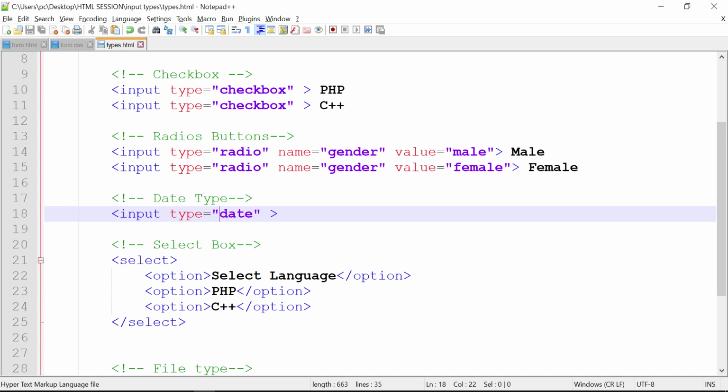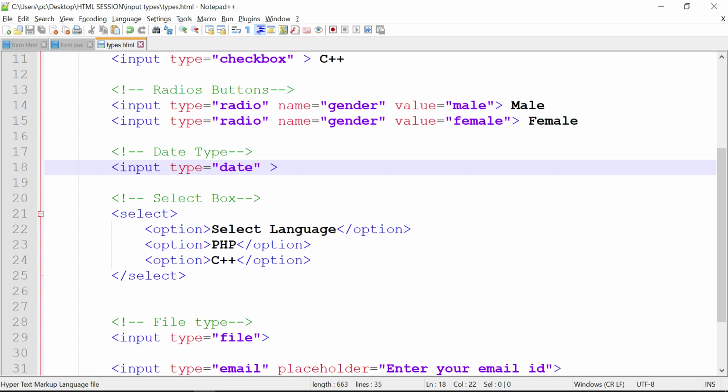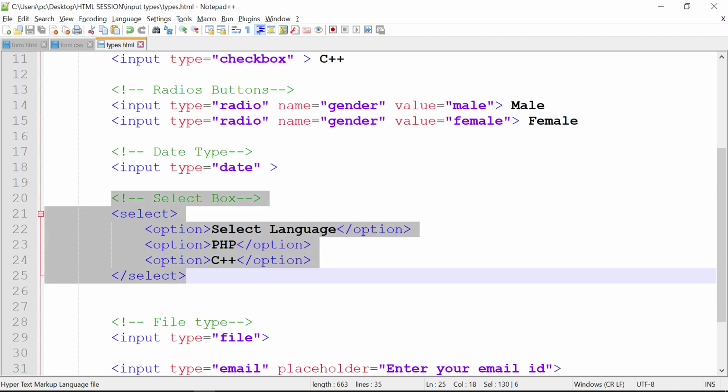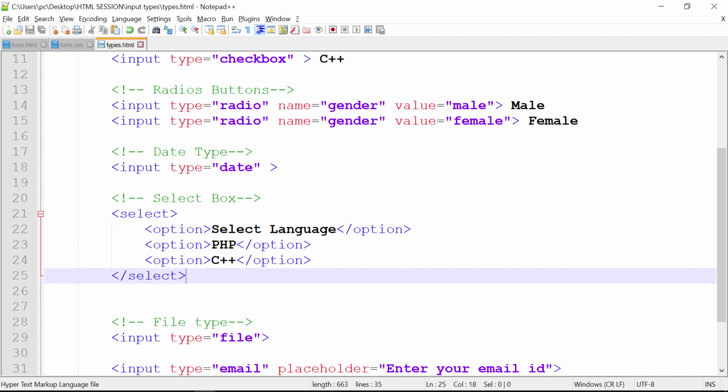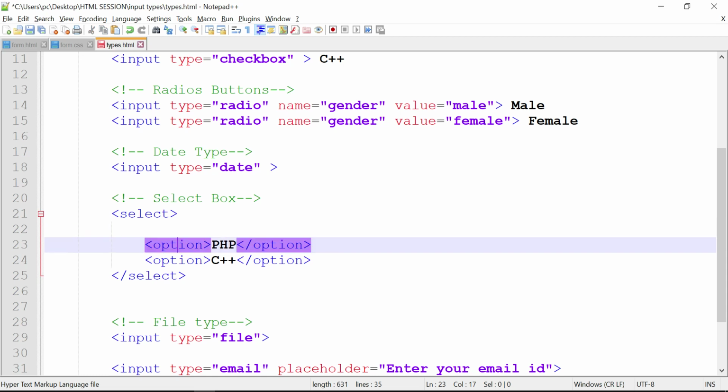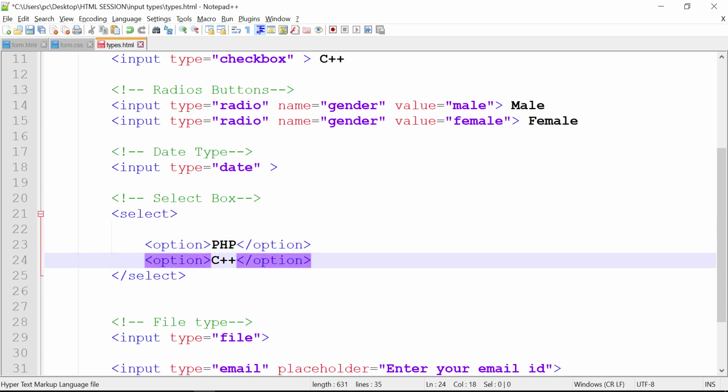Now the fourth type is select box. How to create a select box? It is also of container type, with opening and closing tags. Within a select box you have to write option, like option PHP, option close, another option C++, and select tag close.